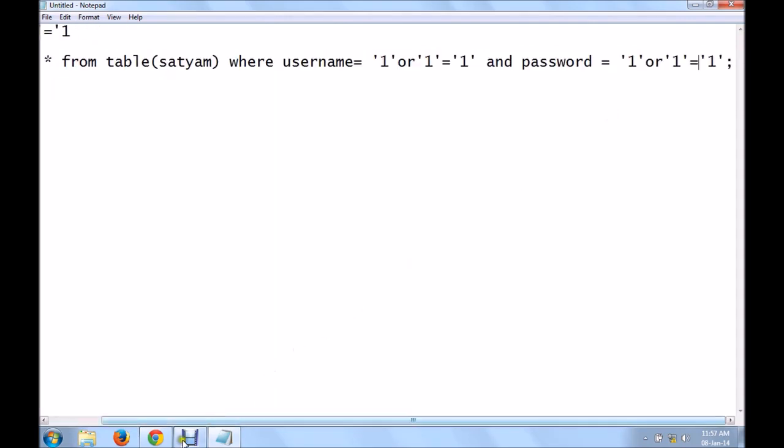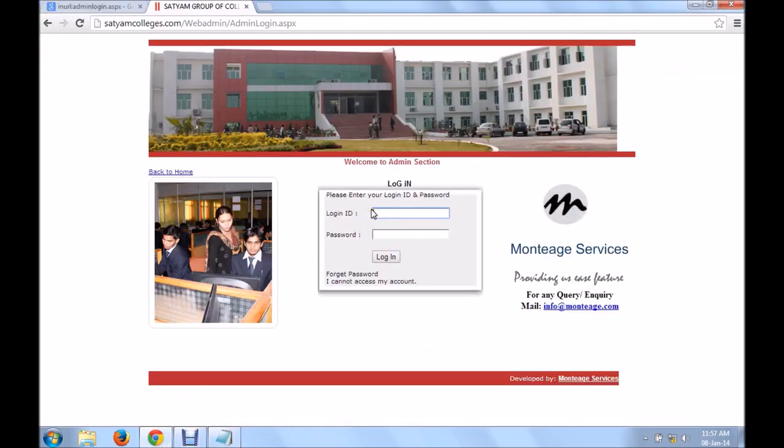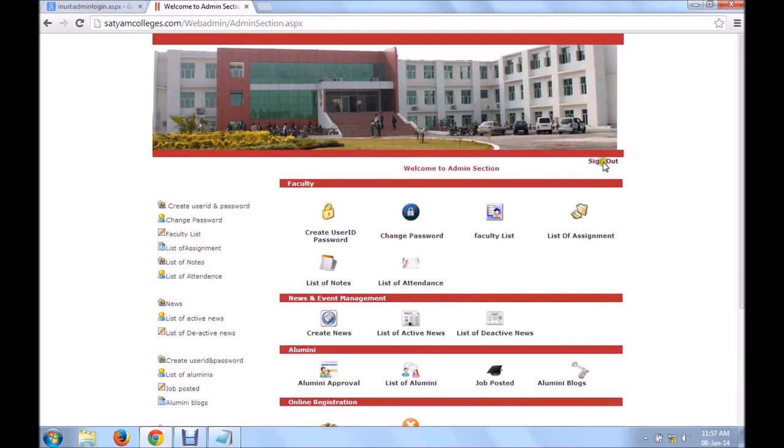Now, after we execute any query successfully, we are going to get that login account. Let's say we put the same string over here. We are able to log in right now. Thank you.